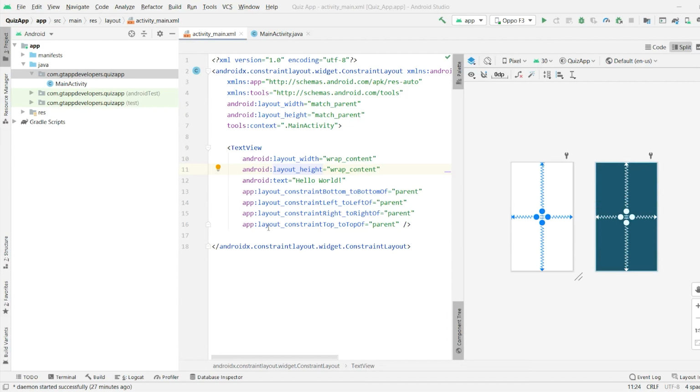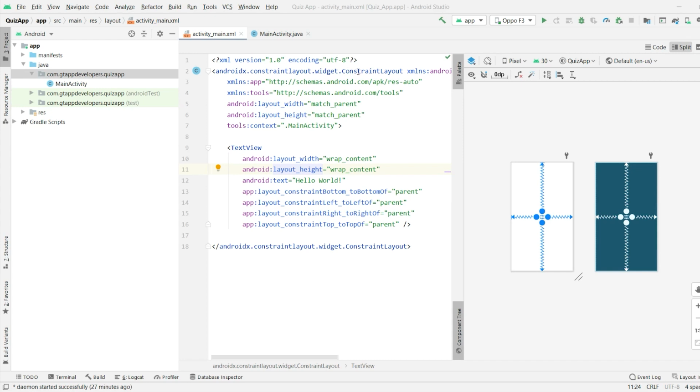I am Chaitanya Munje. In this video, we will be building a simple quiz application for Android using Android Studio. So I have already created a new Android Studio project. You can check out Geeks for Geeks articles for creating a new project in Android Studio. After creating a new project, we will get to see two files, activity_main.xml and MainActivity.java file. Now inside these files, first of all, we will create our UI for our application.